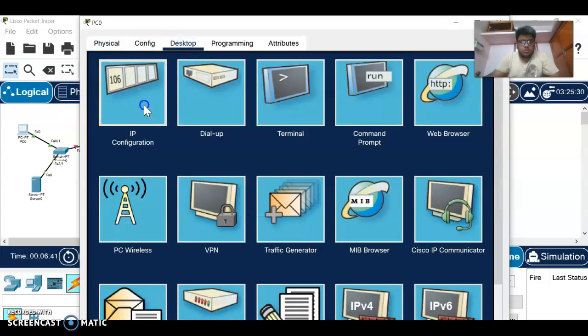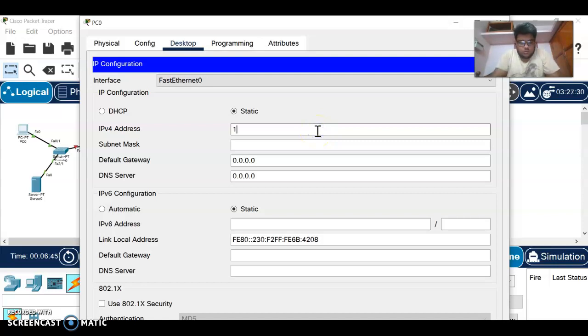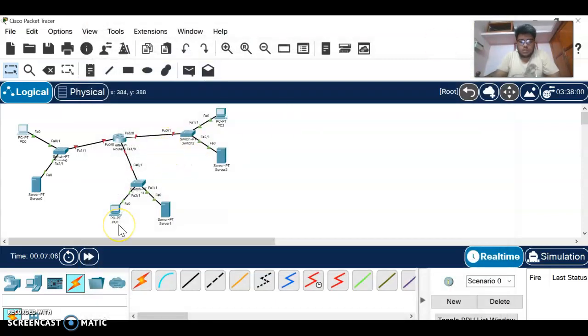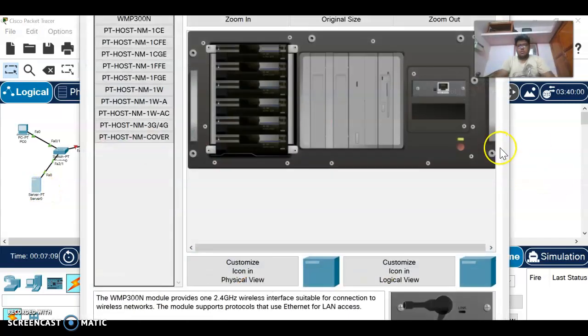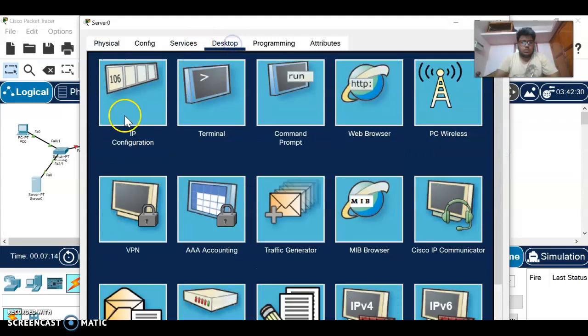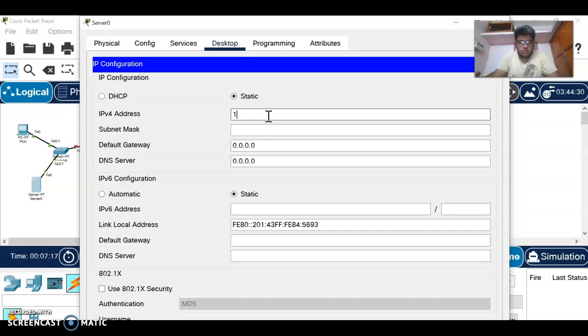Go to desktop, IP configuration, and 192.168.10.2, and I give gateway also 192.168.10.1, and I close this one, and I give server 0 IP address. So going to desktop, IP configuration, and give the IP address 192.168.10.3, and gateway 192.168.10.1, and in this server I give DNS